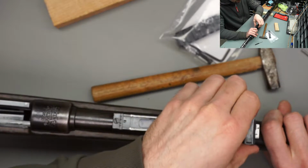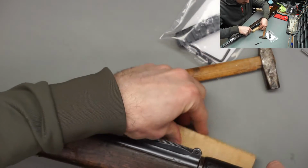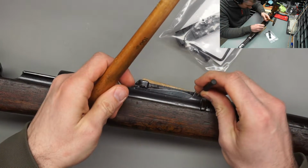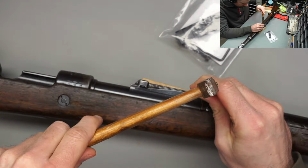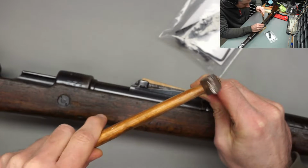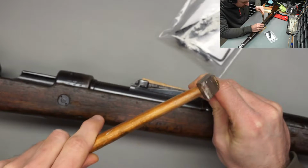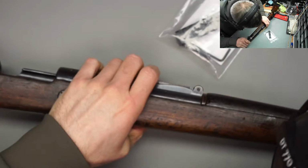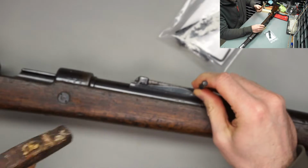So in order to remove these sights, I have to punch out this little pin here. This one. Let's get this on screen. Okay. I got a different set of punches to be able to work with these really small pins, after I had a little trouble with my Mauser, with my Heckler & Koch,